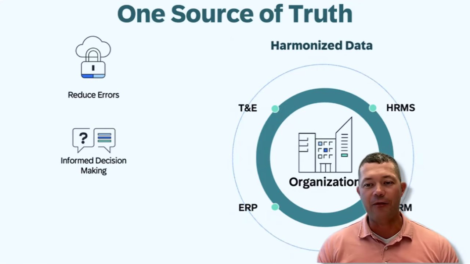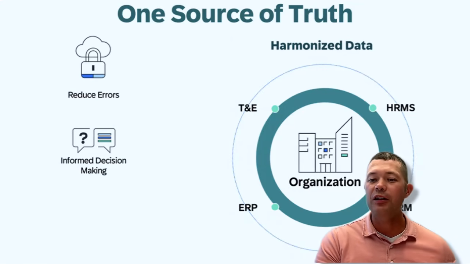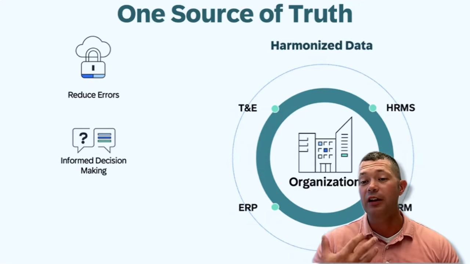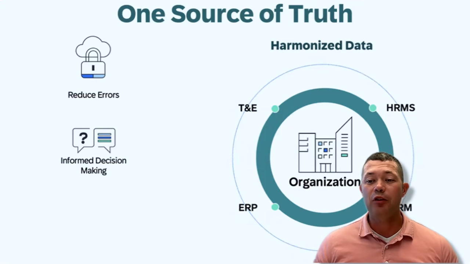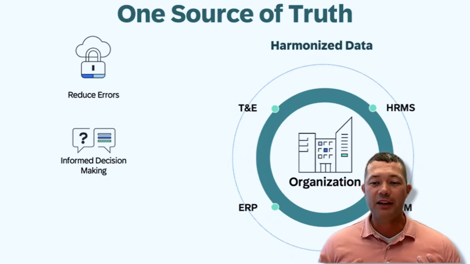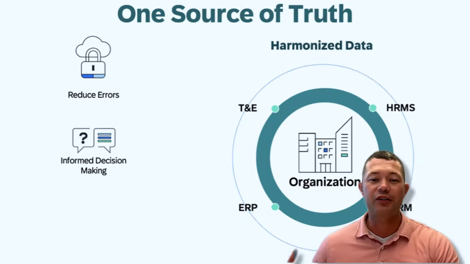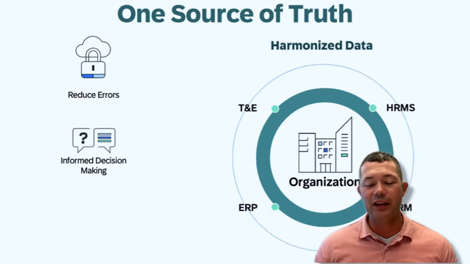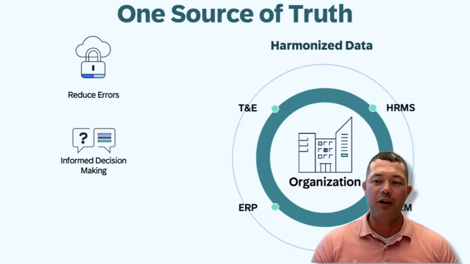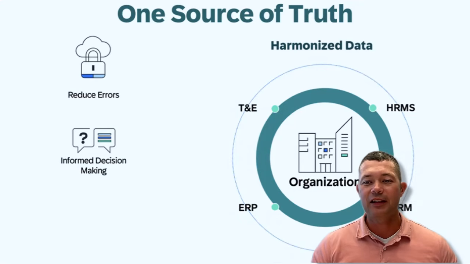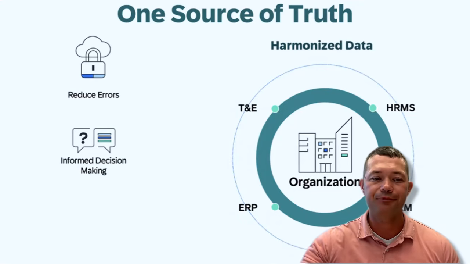So what we see from a lot of finance leaders is they're using an ERP or reporting system to aggregate a lot of that information and really build out their reports so that they can make those decisions for forecasting or budgeting. It makes a lot of sense when you have your spend data from T&E, your revenue potential from your CRM, and your employee information from HR all within one system. That only really works if you have an integrated landscape. So having all of this information interconnected really does create a much more informed decision-making process and gives you a lot more faith in that information as well.